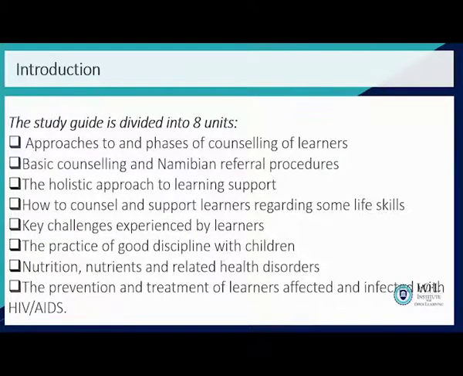The introduction to our module: the study guide is divided into 8 units, as I mentioned earlier. These are the approaches to and the phases of counseling of learners. We look at basic counseling and Namibian referral procedures, the holistic approach to learning support, how to counsel and support learners regarding some life skills, key challenges experienced by learners, the practice of good discipline with children,